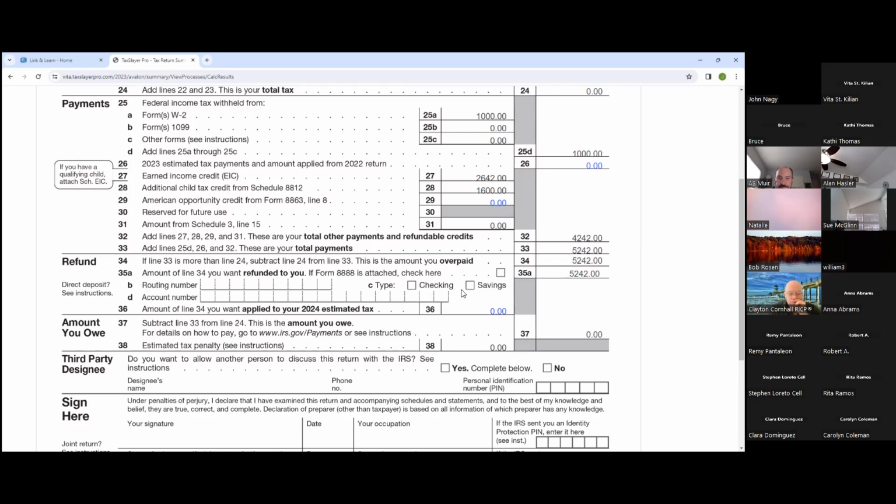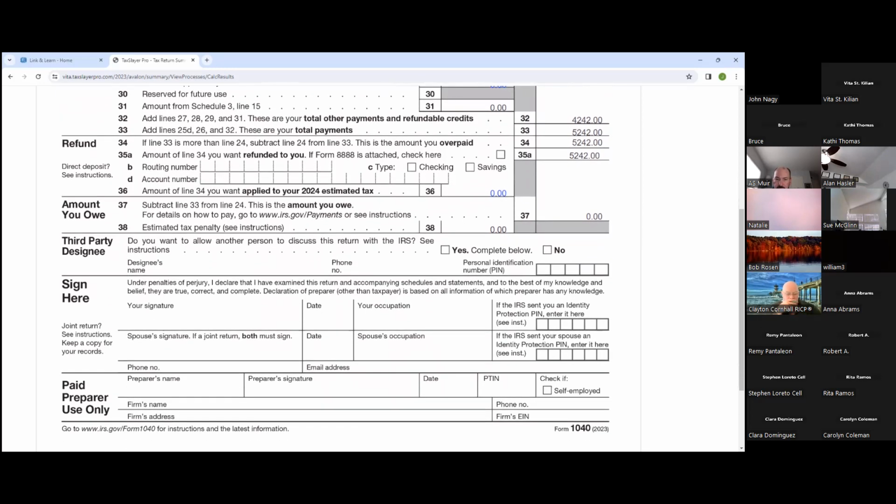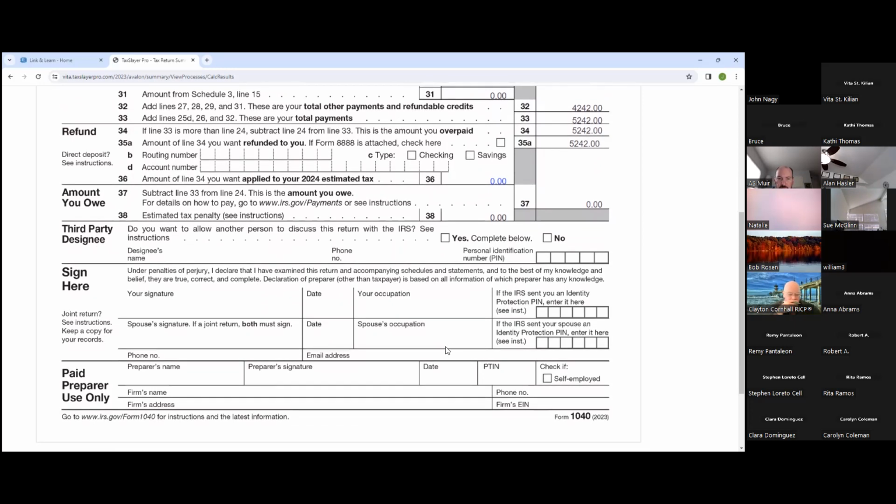And of course, it doesn't end up in their mailbox, which means no one's going to take their refund. But typically that's what you see. If individuals owe money, then a lot of times they can have direct debit. Same thing, we collect their bank information. Okay. And then down here, when you do the VITA returns, you'll have VITA down here because we don't have paid preparers. You don't accept any payment for a VITA return.